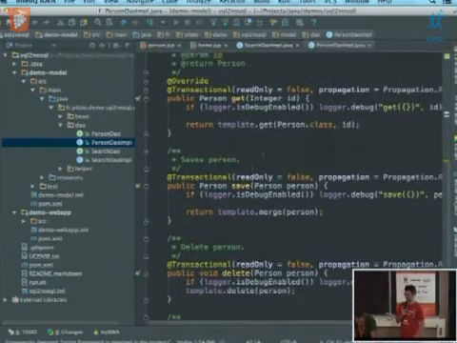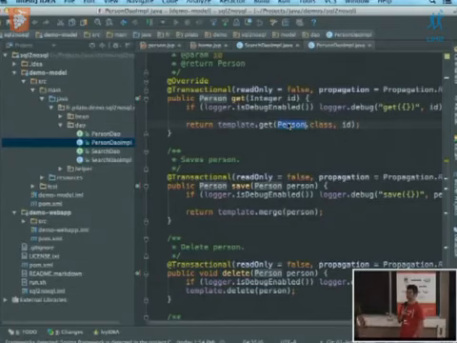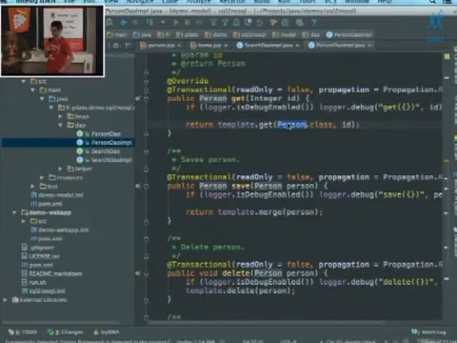Basically, with Hibernate, for example, when we want to get a person, which is the object we are going to use for that demo, we just ask Hibernate to give it to us.